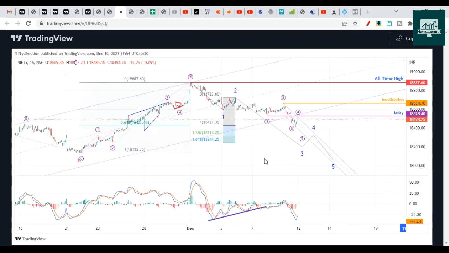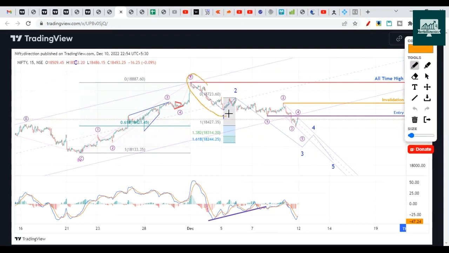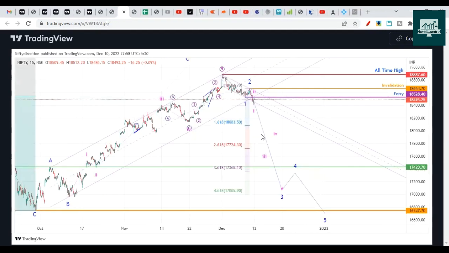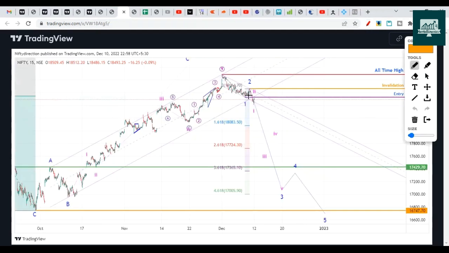Another chart was a more bearish approach with a 1-2-1-2 formation like this, and even going beyond 18,200. So this has changed and I think we can delete it, as this is not looking right. Here wave one was like this, internal wave one of one took a longer time, this two also took a longer time, so this doesn't look well. So I think we can delete this one. This was a more bearish approach where we assumed two completed here, but then we had some move here and like this, right? And then we have started the drop.